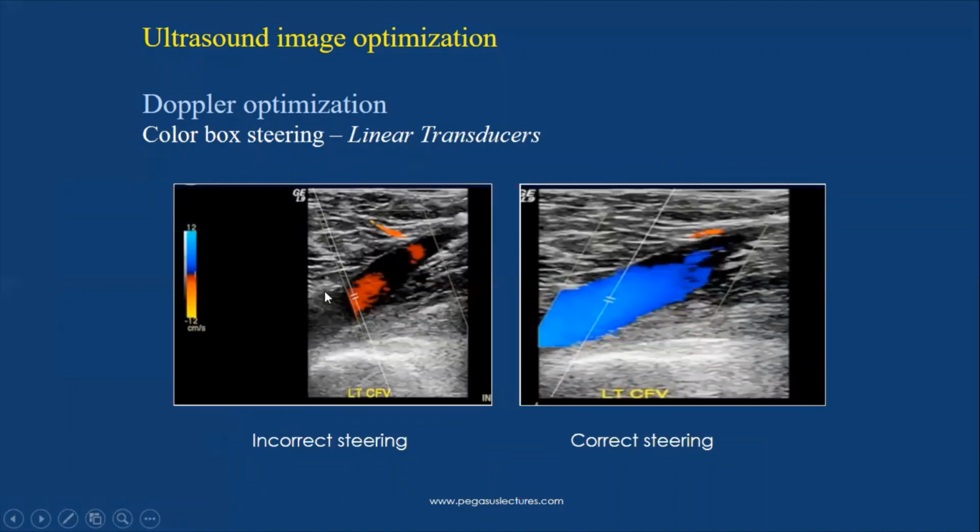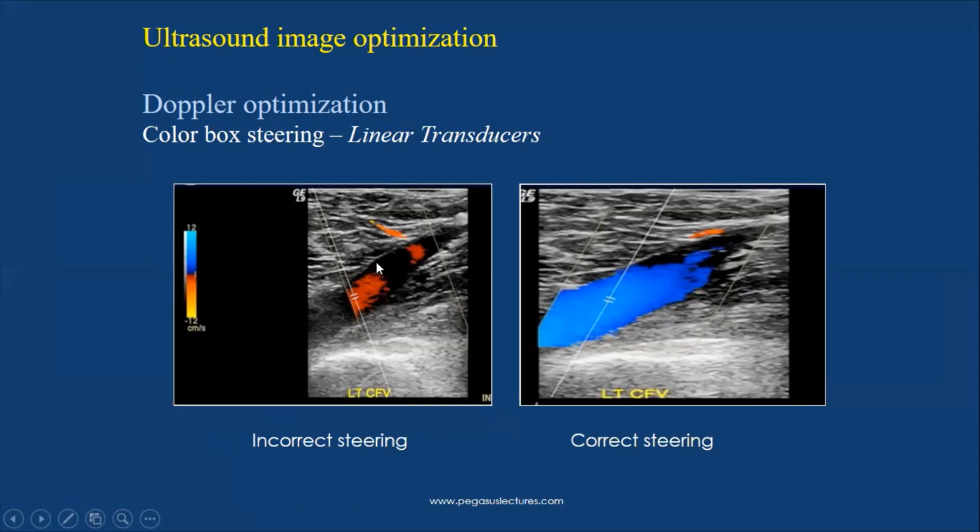In this case, what we have to look for is the direction of color box steering. We should always avoid that the beam is almost 90 degrees to the vessel. Otherwise, we will lose the Doppler shift